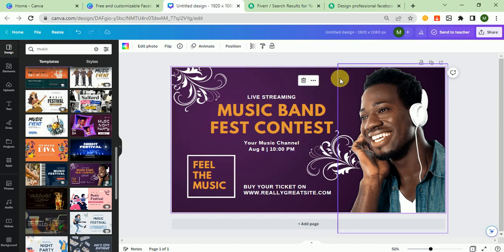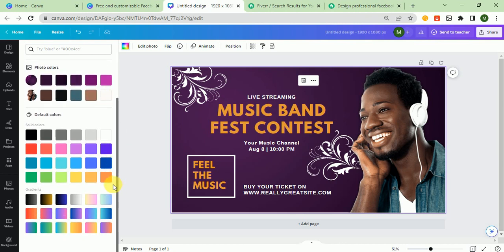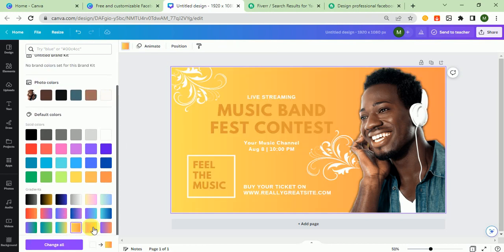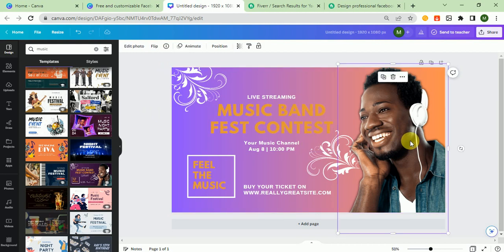First of all, I would like to change the background color to some funky color. So I apply the gradient. Yes, yeah, that's good. After that I want to change this man,